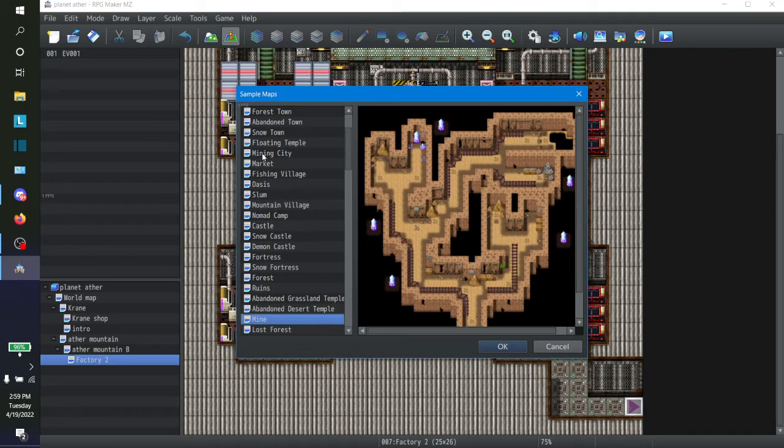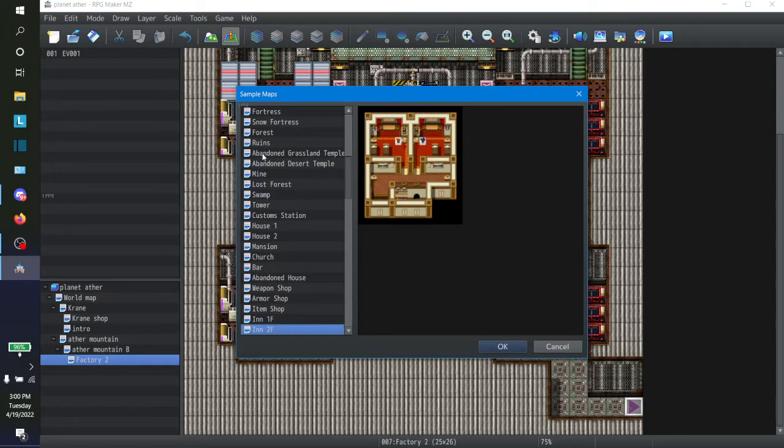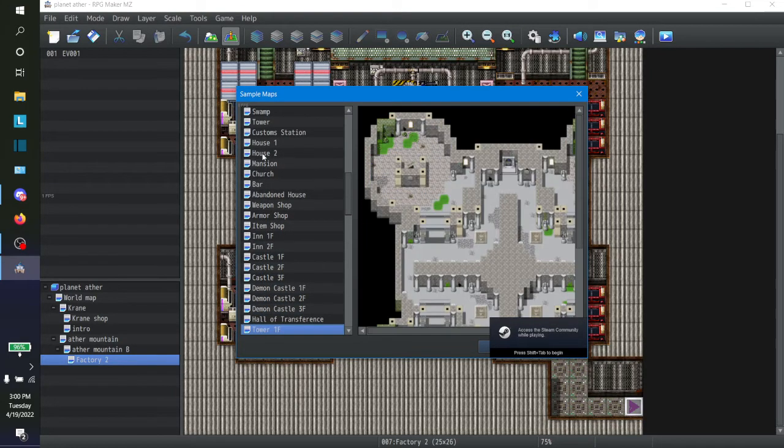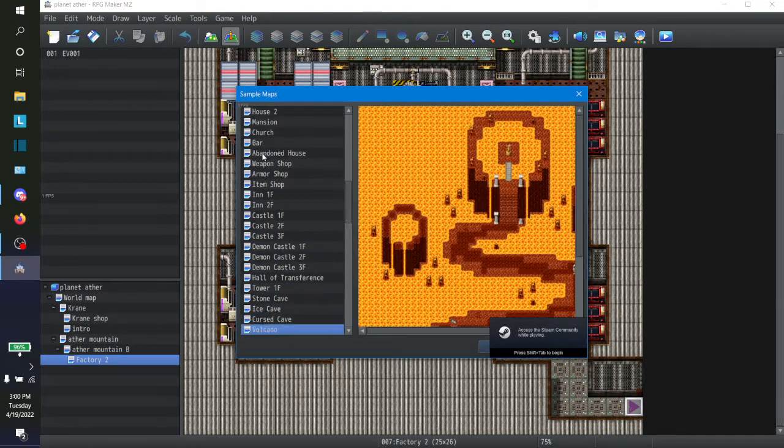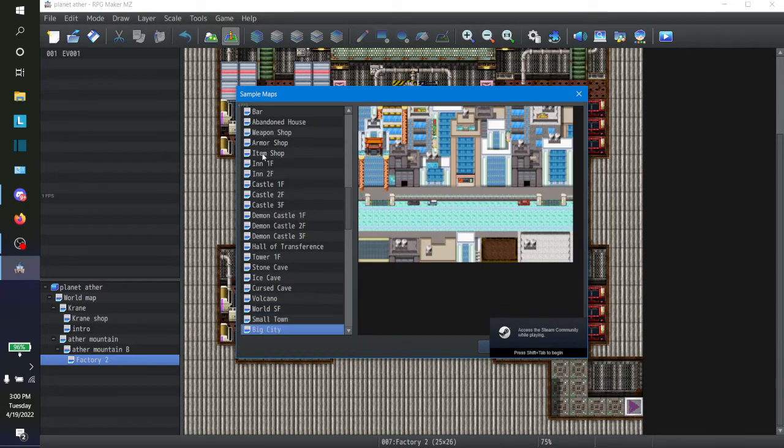Like, this is like a mine. I want to be able to create like a mine in the future, so we can look at that kind of thing. What I wanted to show you guys was what all of this looks like. You got the cursed cave. You got things that'll look